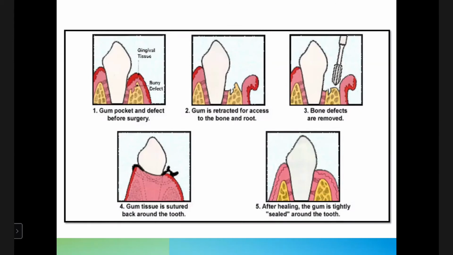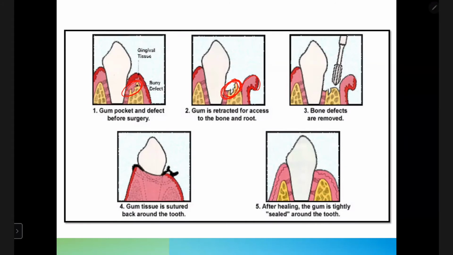So first, here we see that there is a bony defect, right? Now what we have to do first, we need to give the incision, we need to reflect the flap. We know these two steps. So here we have given the incision and the flap is reflected. Now we can see this bone defect. After the flap is reflected, we need to do the thorough degranulation, thorough debridement. After thorough debridement, you will be able to view this bony defect.